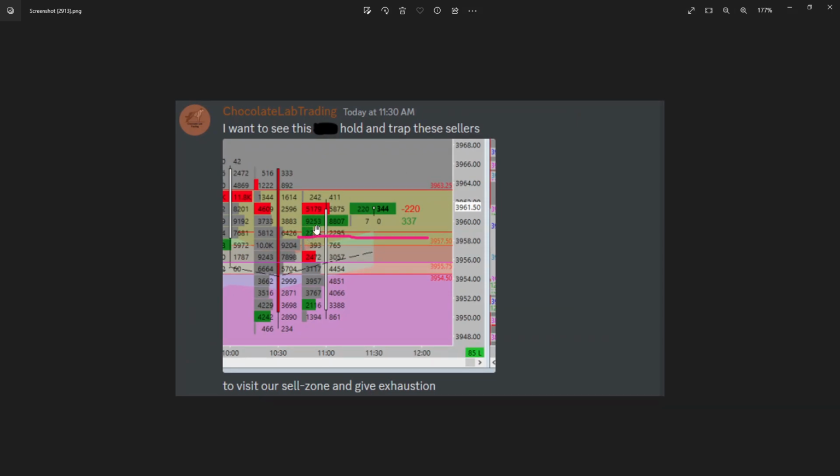I want to see this bid, right? We see these buying imbalances hold and trap these sellers to visit our sell zone and give exhaustions, right? We didn't see exhaustion on the daily as of yet. We're still transacting 30, 40,000 contracts at the high. People are happy to transact up there. Will likely continue up. So why would I want sellers to be trapped if I'm looking to sell? Wouldn't that cause a squeeze? Yes. But that squeeze will bring us to our exhaustion where sellers will need to re-engage and then give us